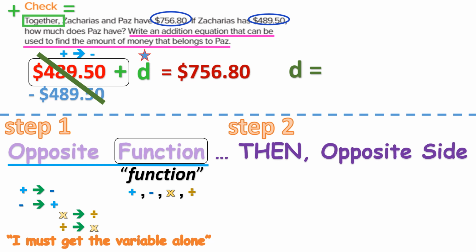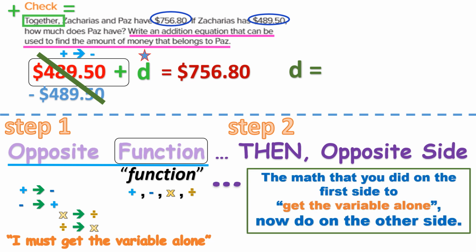My second step is whatever I did, in this case, I subtracted $489.50. Now I'm going to do it on the opposite side. The opposite side of what? The opposite side of the equal sign. So I'm going to carry it over. Whatever math I do on one side, I'm going to do on the opposite side of the equal sign. That's where I have the $756.80. Now I'm going to subtract, because that's what I did on the left-hand side. On the right-hand side, I'm going to subtract